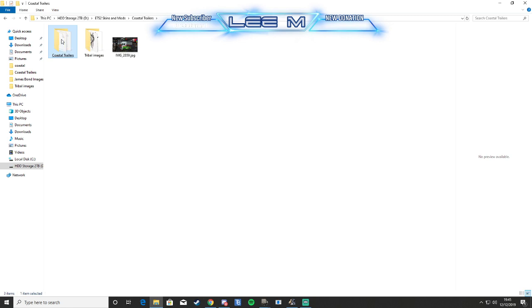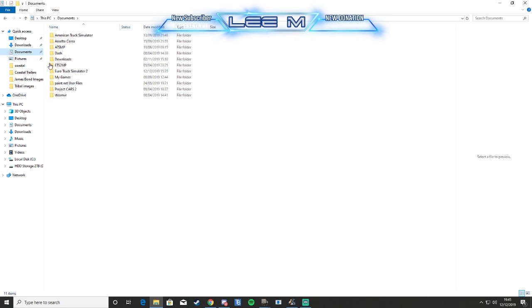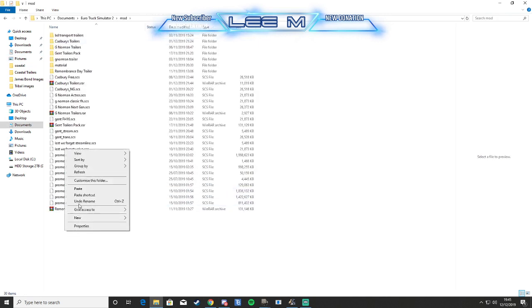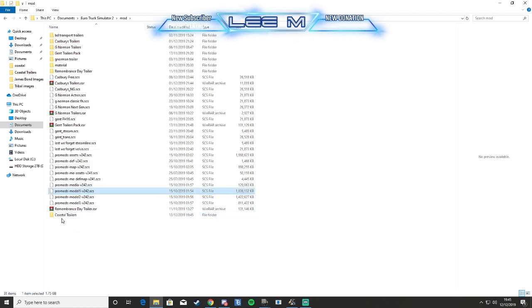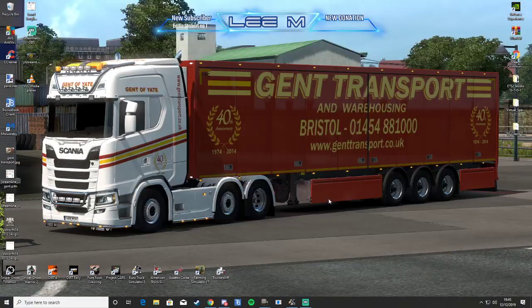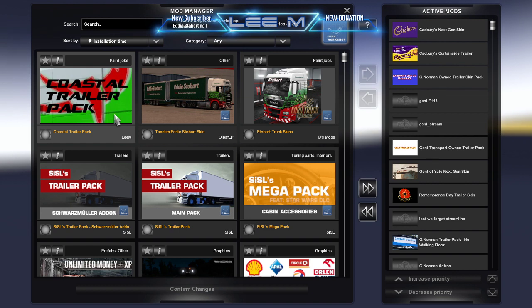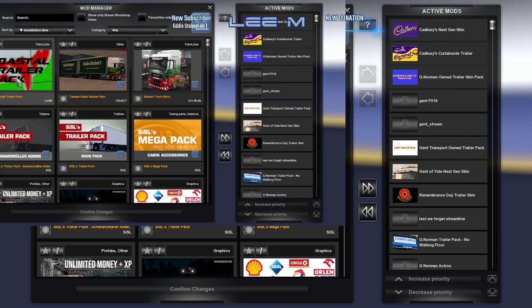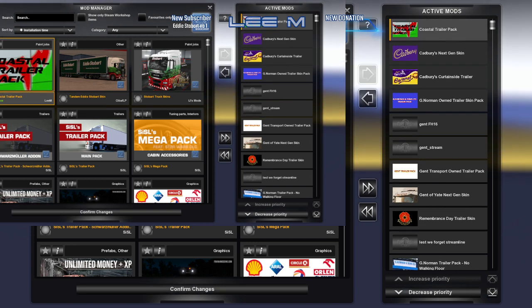I'm talking nonsense. Ignore me. What you need to do is just right click, copy, put that in your documents folder for your Euro Truck mod, and paste. There we have coastal trailers. Right, now is the moment of truth. Let's pop into the game, go into mod manager, and here we have in the top left coastal trailer pack. So double click to activate that,